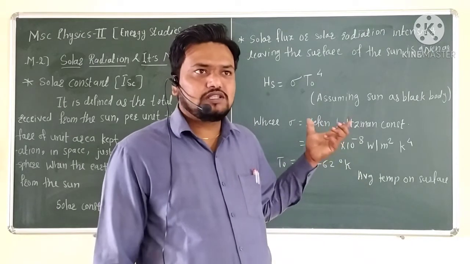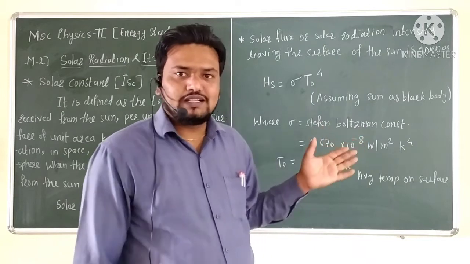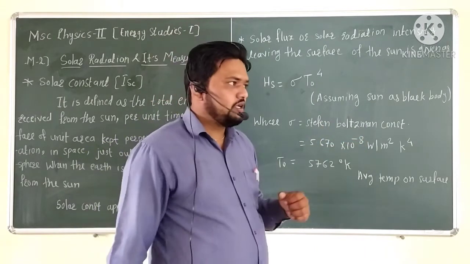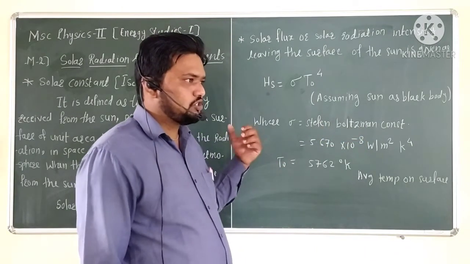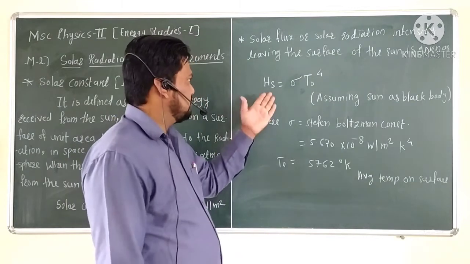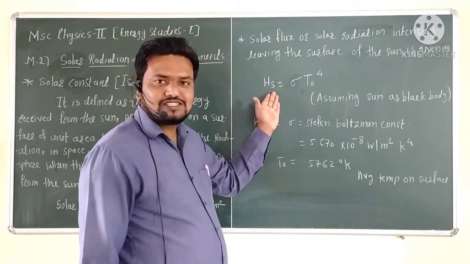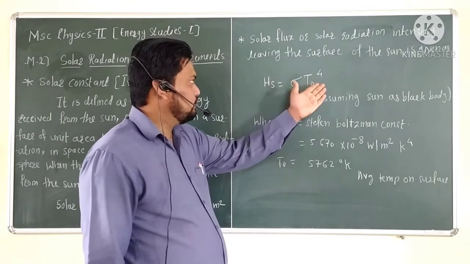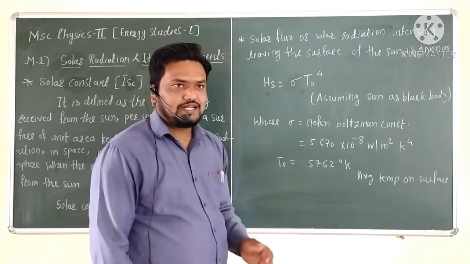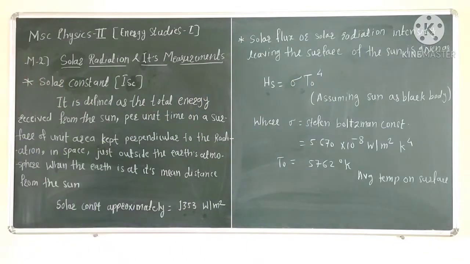And we have considered this statement in the solar constant, that the sun is a black body, and that depends on this Stefan-Boltzmann law, whose mathematical statement is considered here as sigma T naught to the power 4, and that sigma is considered as the Stefan-Boltzmann constant, and that value is considered as